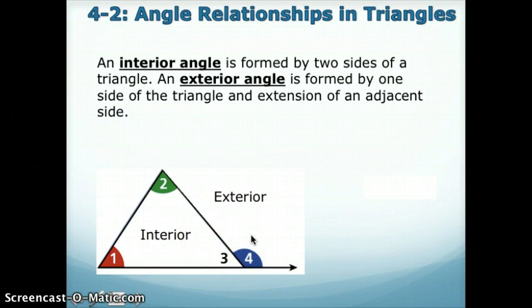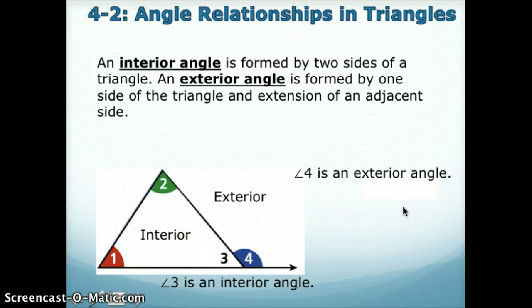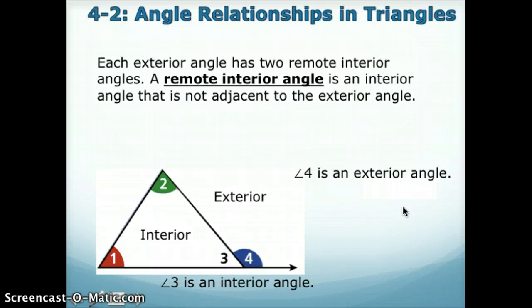So in this picture, notice we have 4 angles. We have 1, 2, and 3 on the interior, and angle 4 is on the exterior, or the outside of the triangle. Exterior angles have 2 remote interior angles. The way I think of remote interiors, if I'm sitting at 4,